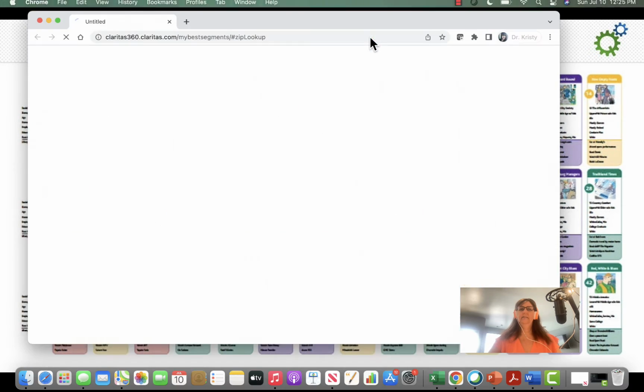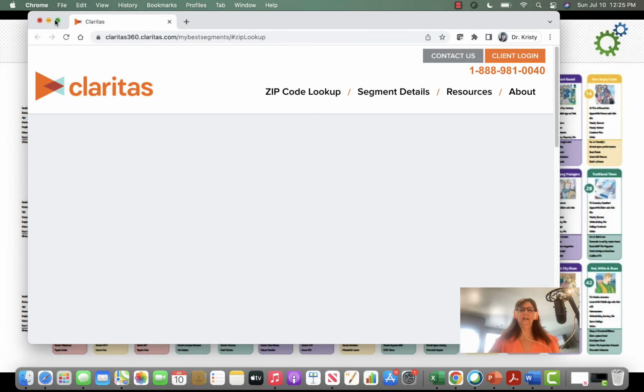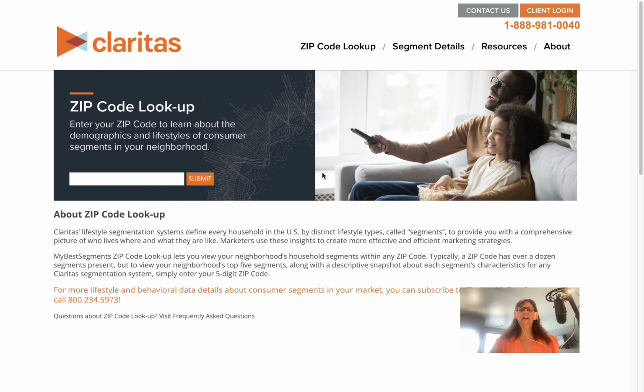And so if I click on Claritas here, Claritas is not a free product, but you can get some good free information from their website. I've used them in the corporate world. I've actually used their financial services products called Cycle, which is really amazing. It will help you identify, even down to a neighborhood or a block level, the types of segments that are there. So what I want you to do is go in and plug in